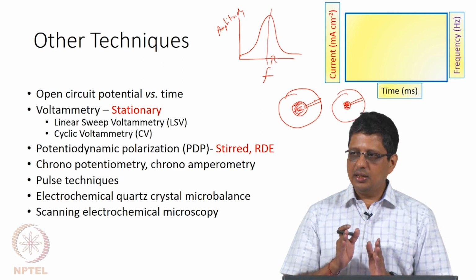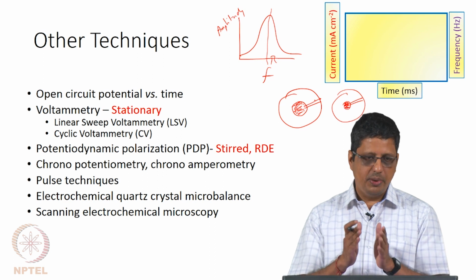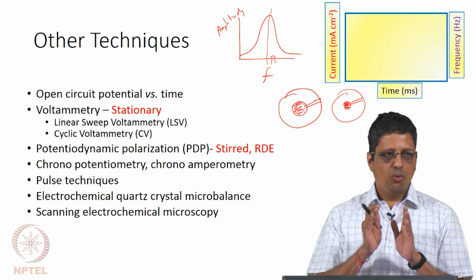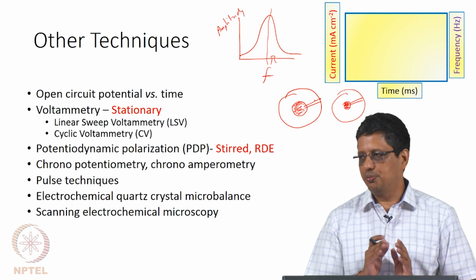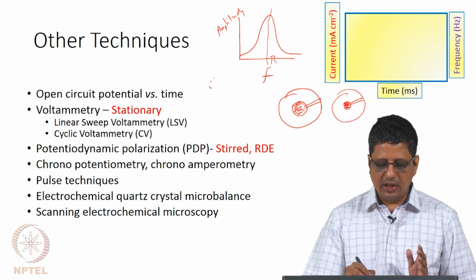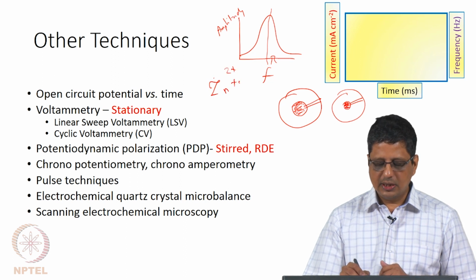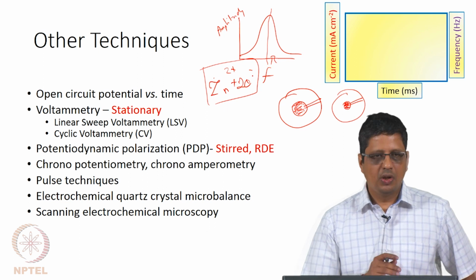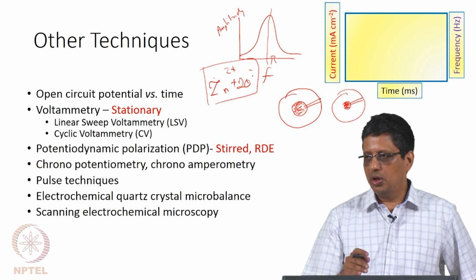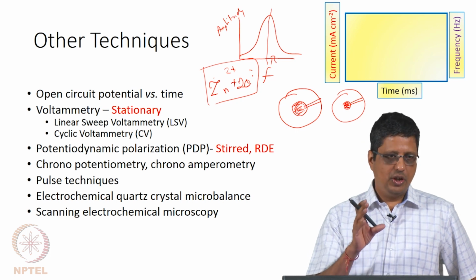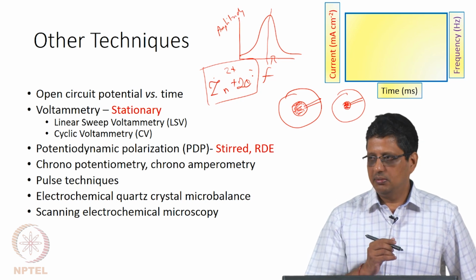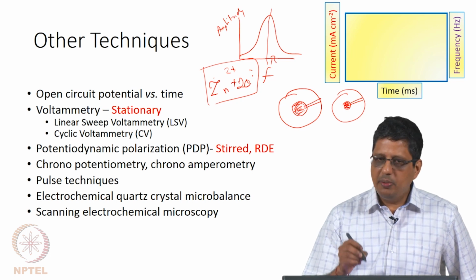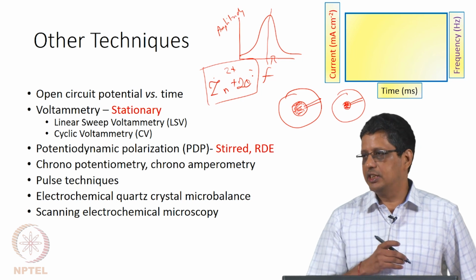I know the total current, from that I can estimate how much should be deposited if everything were zinc. There is a constant called Faraday constant which tells 1 mole of electrons will have this much coulombs. Zinc, for example, we expect it to be Zn2+ plus 2 electrons. 1 mole of zinc will need 2 moles of electrons, or 2 moles of electrons are needed to reduce 1 mole of zinc from the solution. 1 mole of zinc, we know the atomic weight, so we know this much is the mass. So, from the current it is possible to estimate how much zinc should be deposited if all the current has been used for zinc deposition.